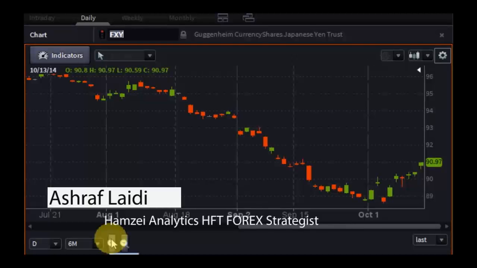So for instance, in sterling dollar, we have a third death cross. The 55-day moving average fell below the 100. It fell below the 200, but now we're probably going to see the 100 falling below the 200-day moving average, and that is what we told our premium subscribers, and that's one of the reasons that drove us to sell sterling. So yes, you look at the fundamental landscape, but you need the technical to give you the trigger.